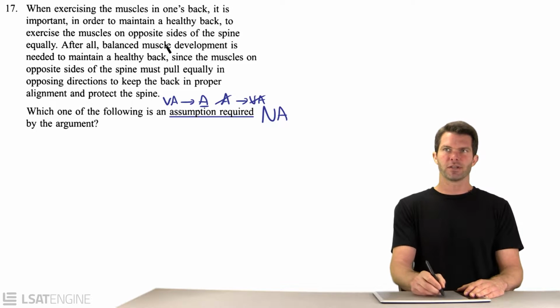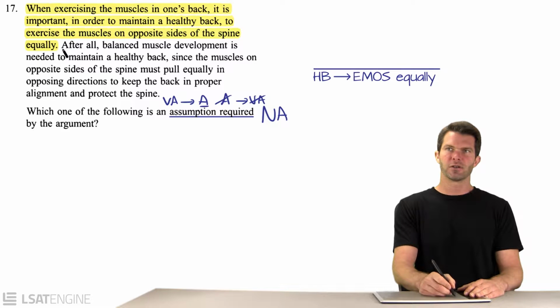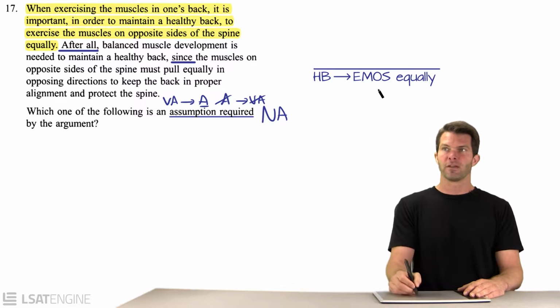So our conclusion here is the first sentence. We can tell that that's the conclusion because of the support indicator, "after all." Whatever follows it supports whatever came before it. So we know this is going to be supporting that conclusion, and "since" is going to indicate a premise. So the conclusion is that to maintain a healthy back, you've got to exercise the muscles on opposite sides